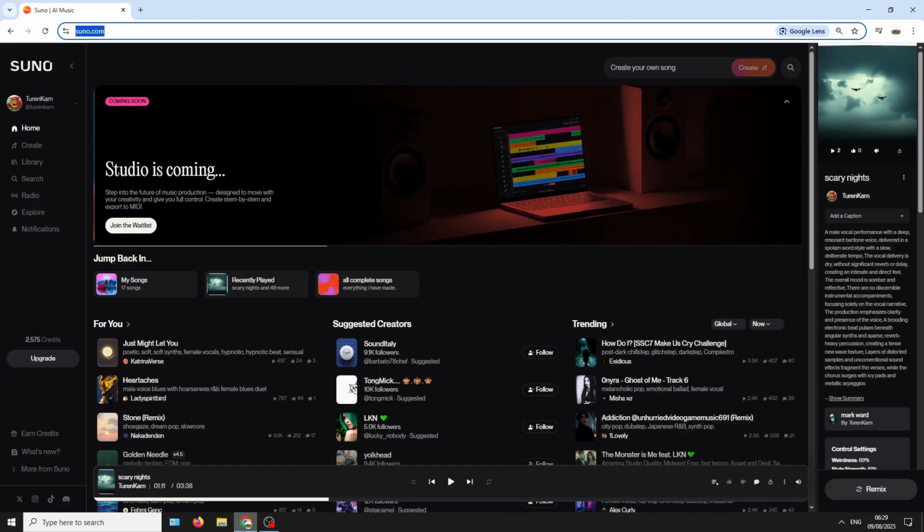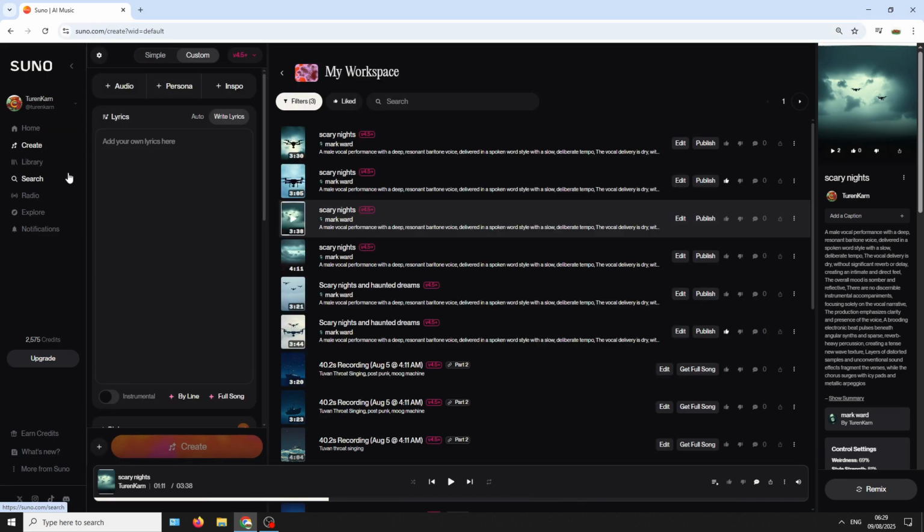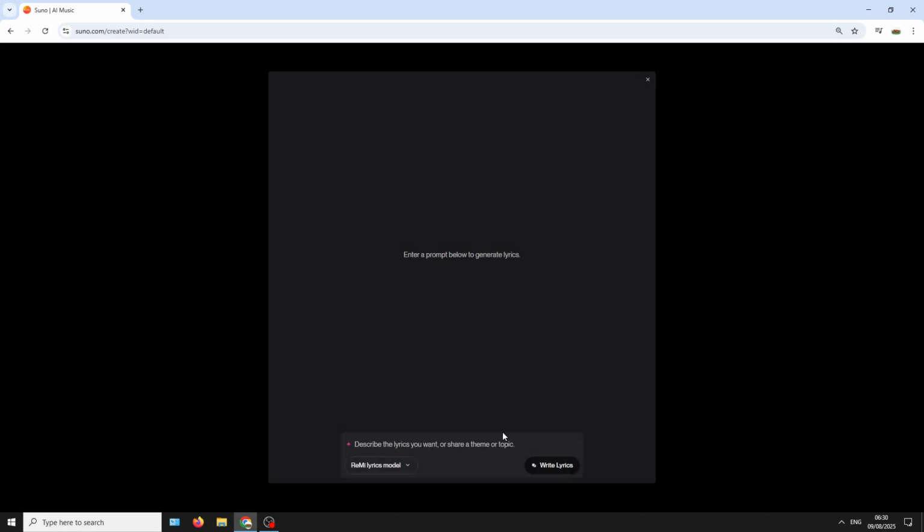So we'll basically go into create. And first of all, what we've got to do is create a song with our own voices, something that we actually like. So there's only one way that I've found of doing this, and this is why I'm wondering if it's a bug or not. So first of all, let's just create a song. I'm going to use the AI generated ones because it avoids all the copyright with YouTube, because normally I generate my own lyrics.